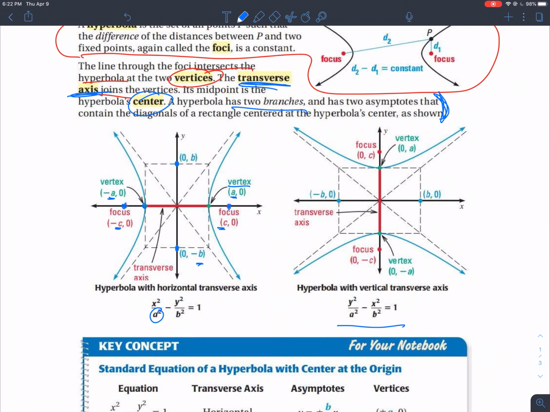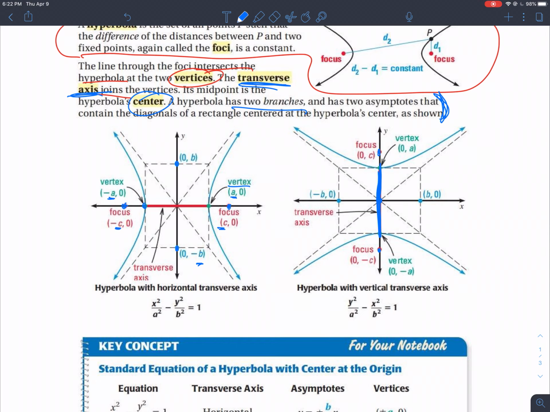Okay, in this case, over here, the hyperbola is vertical because the transverse axis is basically on the y-axis, since the origin is still the center, and the foci are also on that y-axis, and you can see that because y is in front of the minus. Okay, so